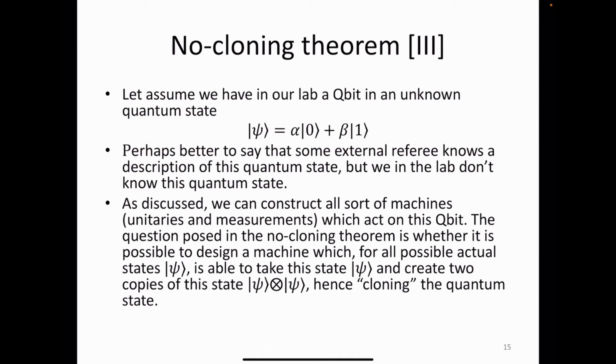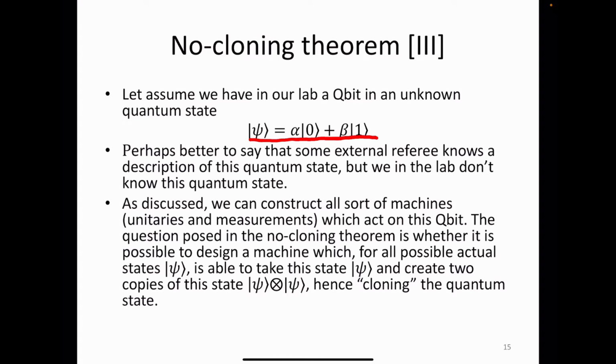So let us assume we have in our lab a qubit in an unknown quantum state. So we know it's in a superposition state here, the state psi, given by alpha 0 plus beta 1, but we don't know the amplitudes. So we know it's in a superposition, but therefore it's an unknown state. We don't know if it's equally weighted or anything else. Maybe some external referee knows about this state, so knows more than we do. And so now the question is if it's possible to design a machine which for all possible